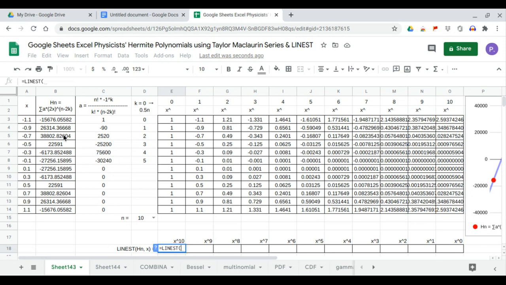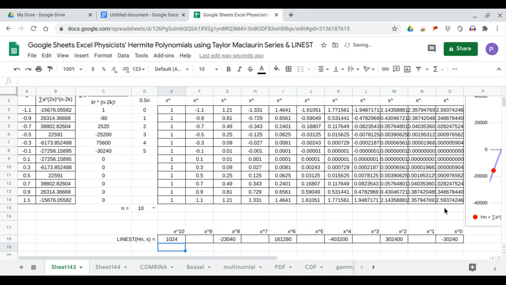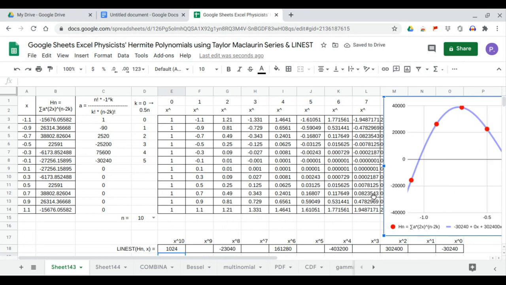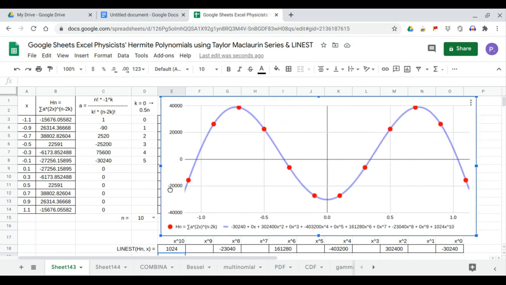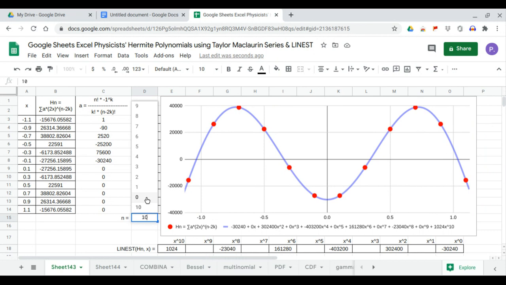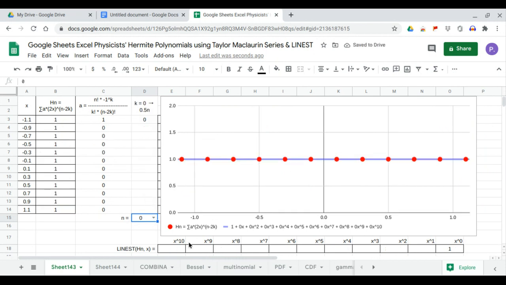So this is LINEST to calculate the coefficients. So data y and data x. So here you have the coefficients, and we'll verify these coefficients against our polynomial here. So we start with n equals 0. At n equals 0, the Hermite polynomial equals 1. So that's 1,